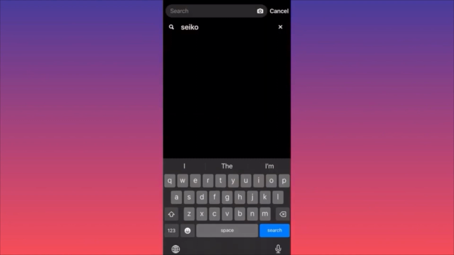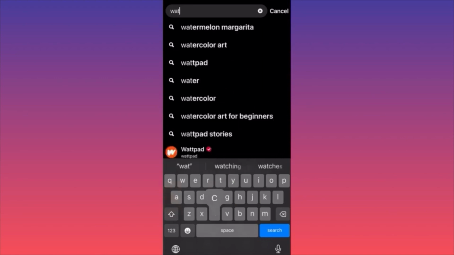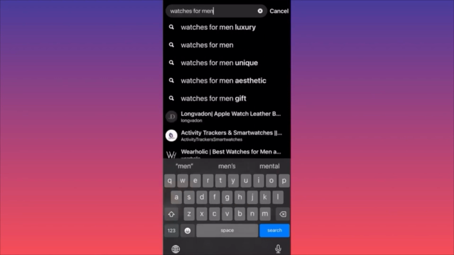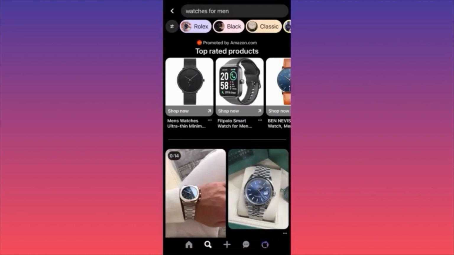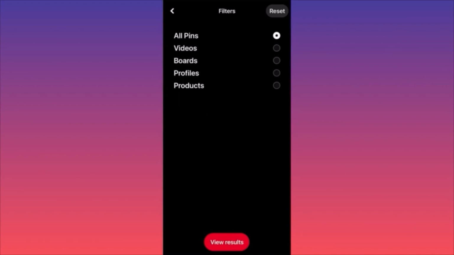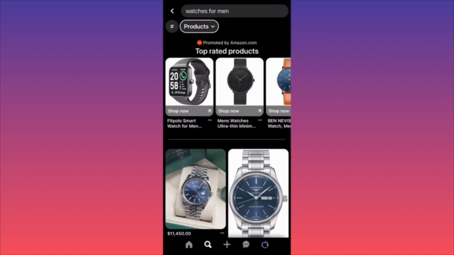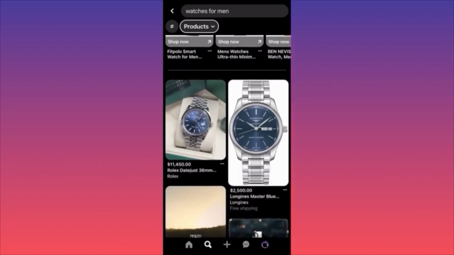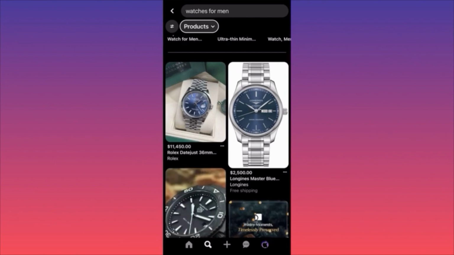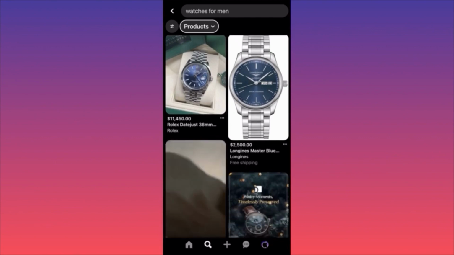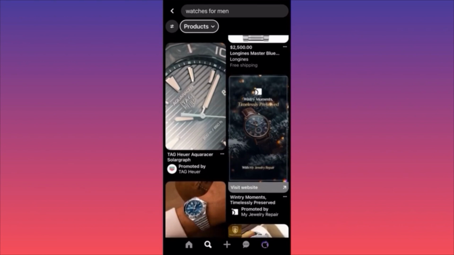So if you come over here, for example, if we type, let's say, watches for men, right? We don't want to just watch a piece of content from other people who are passionate about it. We want to click on the top left corner where you see the small settings bar, and we want to click and pre-select actual products. This will only give us the products and what people are selling, what pricing they're putting, and where the traffic is actually going. As you can see, official Rolex store over here, official Longines store, official Tag Heuer store,